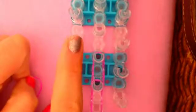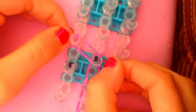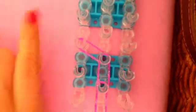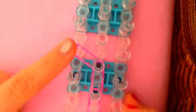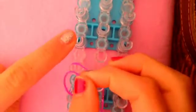Now by grabbing another pink latex rubber band, we are going to place it from the center peg to the left peg, diagonally, like this. Now we're going to continue up the left side of the loom. So, starting from this left diagonal peg, we're going to place one right above it to the forward left peg,